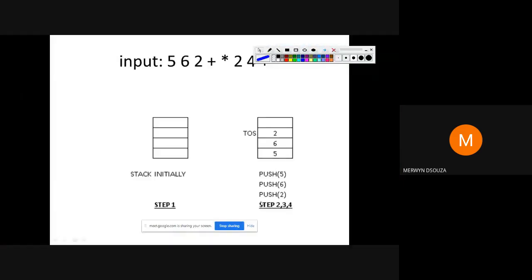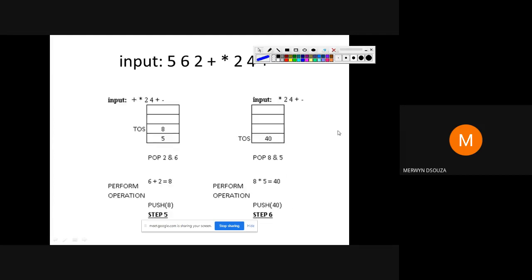So basically I've combined, so for your exams you can do something similar, okay? You can combine like this instead of showing separate diagrams for each step. It's very time consuming if the expression is a long one. So now once you have done this, next you read your next input. When you read your next input, you're going to read this, that is plus.